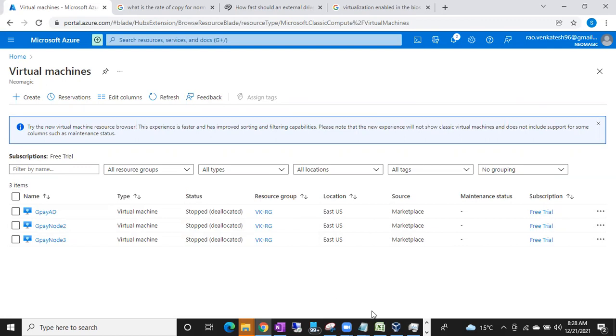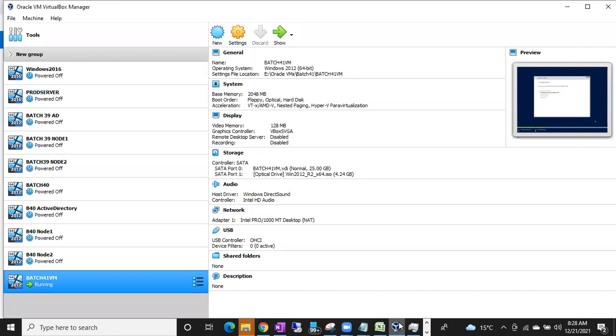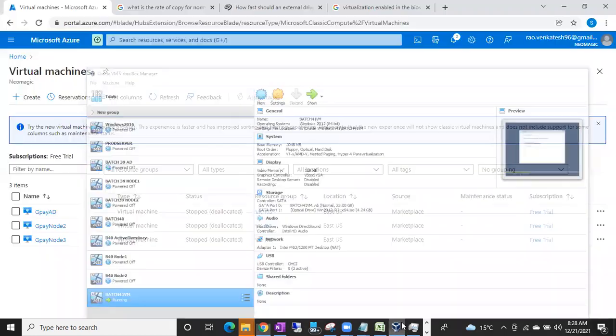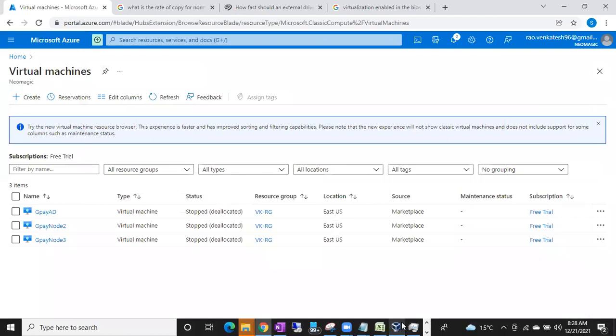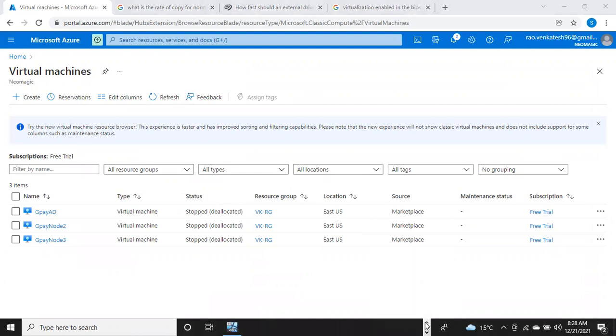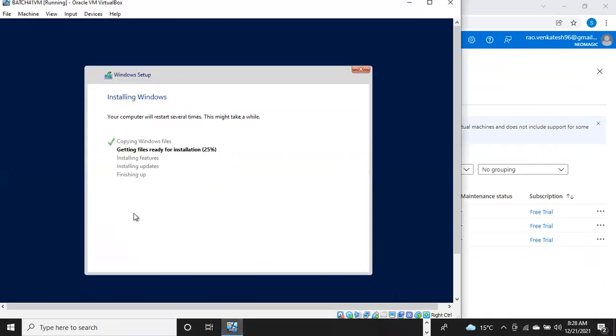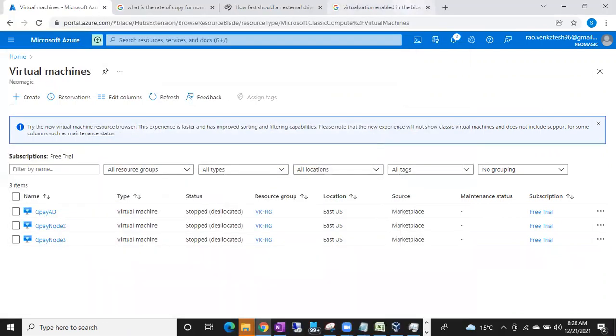Okay, guys, that is on-prem. Don't get confused here. You can choose Oracle VirtualBox if you don't have any credit card. That is what we are using now, the on-prem machine, and you can use the same setup. Or else, if you have a credit card and want to go with the Azure subscription, you can create an Azure account.